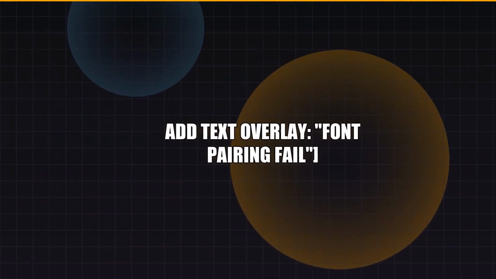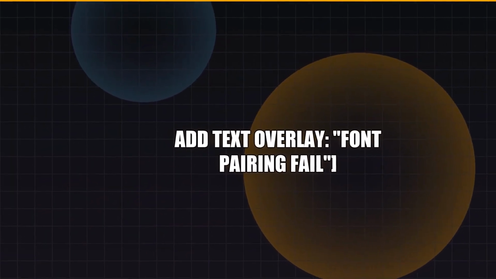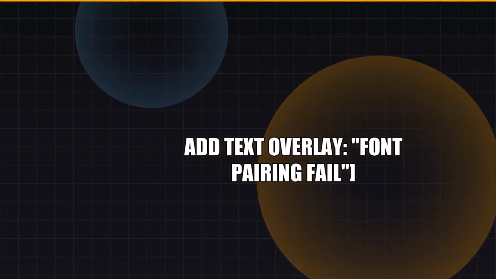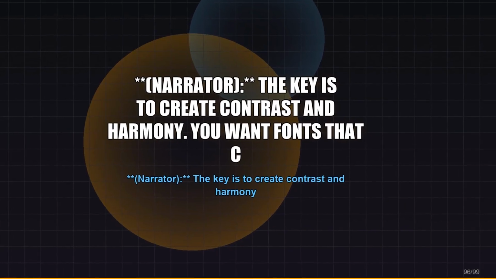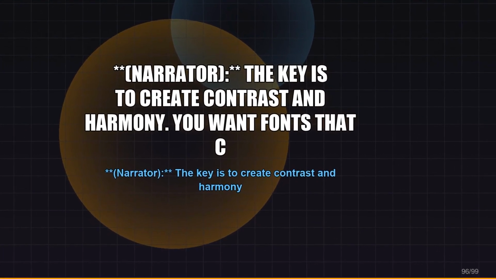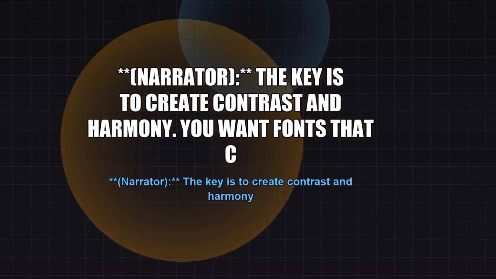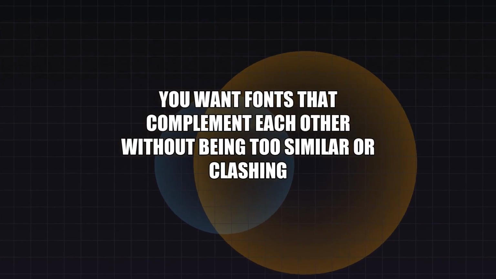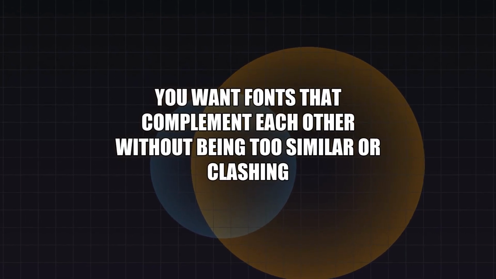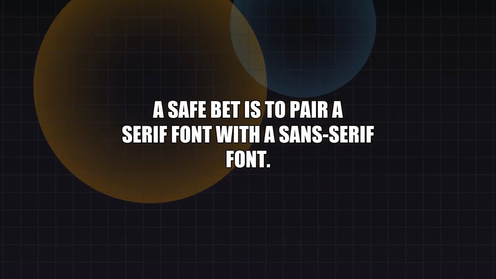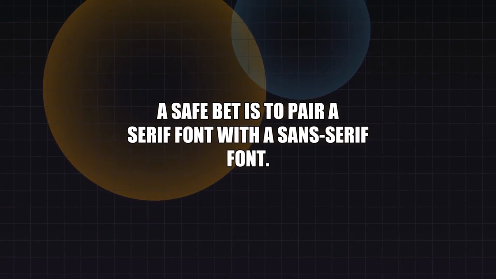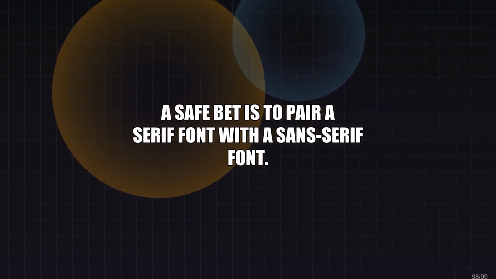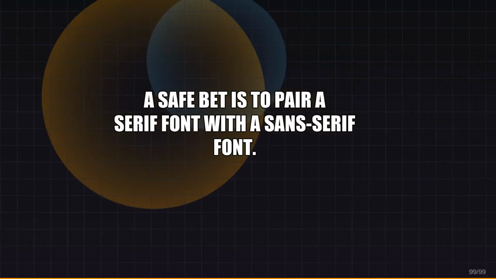Recap. Okay, let's quickly recap the 7 typography mistakes we covered today. Visual: text on screen listing the 7 mistakes with quick icons for each: ignoring hierarchy, font pairing fails, illegible font choices, orphans and widows, ignoring kerning, too much contrast, neglecting responsiveness. By avoiding these common pitfalls and following the tips we've discussed, you can dramatically improve the quality